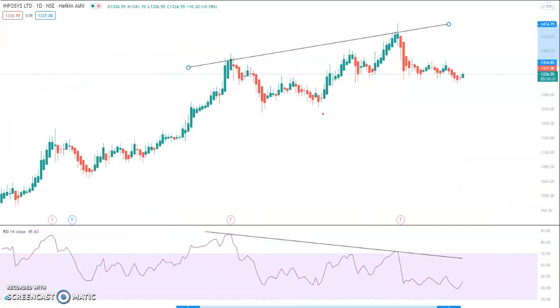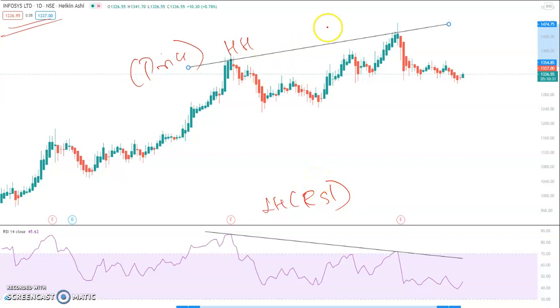So there's one last example for the bearish divergence. This is actually a current trend. This is a higher high in price and a lower high in RSI, which means this is a bearish divergence, and then we take a sell position here, keep a stop loss somewhere here, and then ride the trend. So this is a sell.